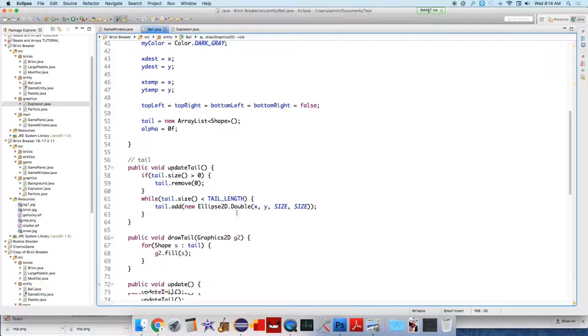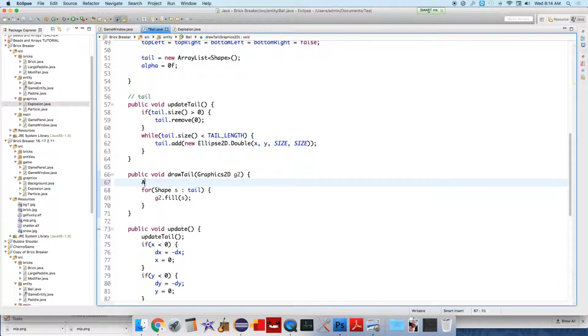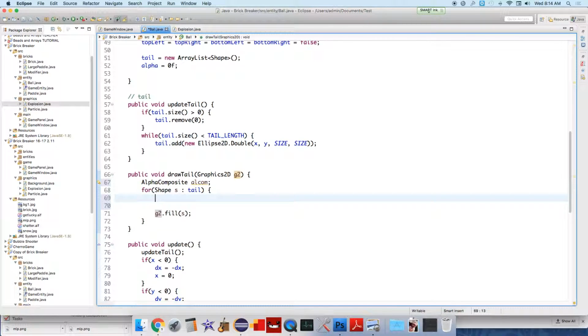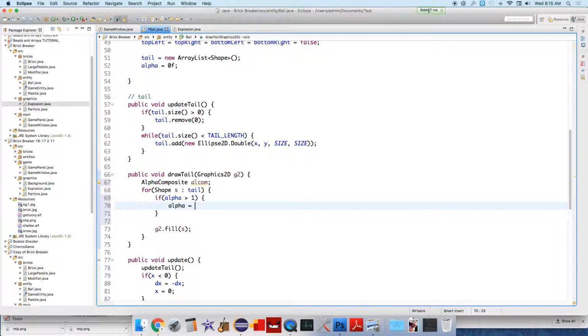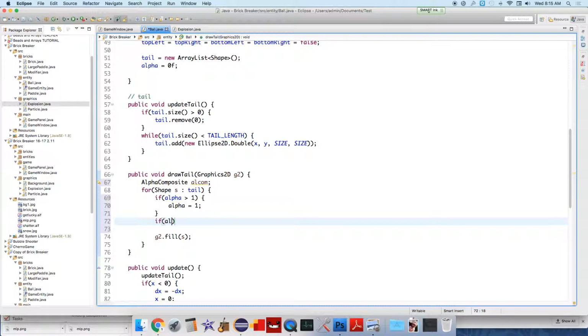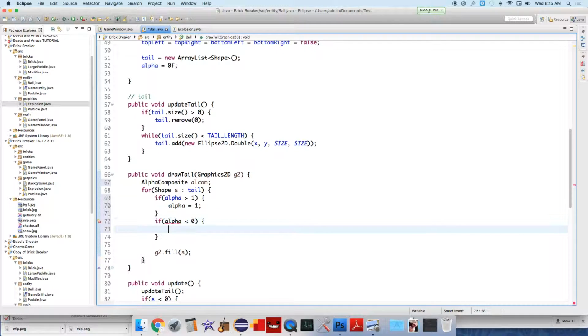So go into draw tail, and now we're going to create an alpha composite object called alcom, and we are going to then just do a couple checks, because remember, alpha, the value of the float, can only be from 0 to 1. Otherwise it'll crash. Nothing can be more than 100% transparent, and nothing can be less than 0% transparent. So if alpha is greater than 1, just set the value of alpha to 1. And if alpha is less than 0, set the value of alpha to 0, just to make sure our program